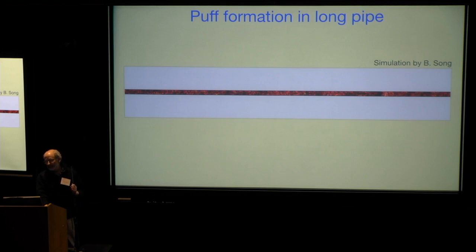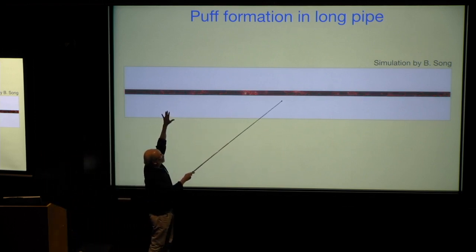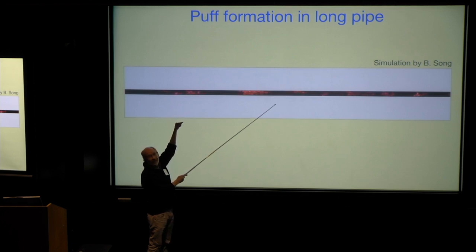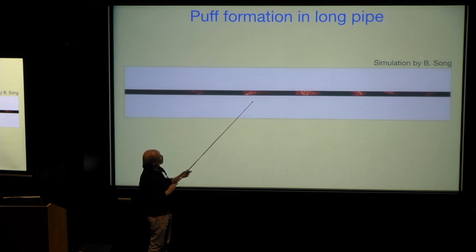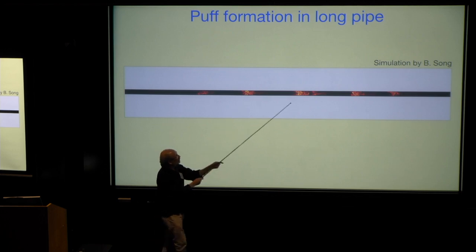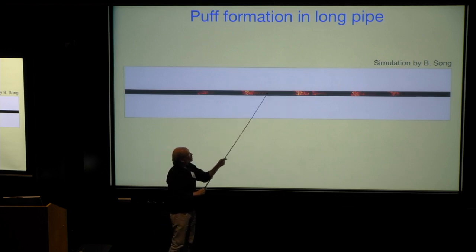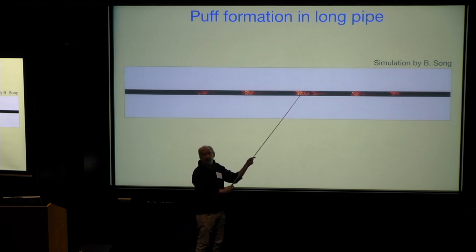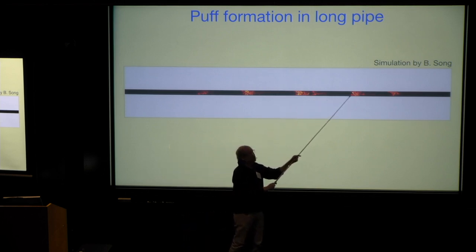Okay, and you'll see this in this movie here. Let's just watch it. We started with a turbulent flow, and Bofang decreased the Reynolds number. You get to a regime where you have the puff, and the turbulence doesn't all collapse. It wants to, but then eventually you generate puffs, and they'll be kind of randomly spaced. This one could exist. This one burns some fuel, and then there has to be a recovery of the parabolic profile, and then you can burn some more, and then it has to recover and burn some more.